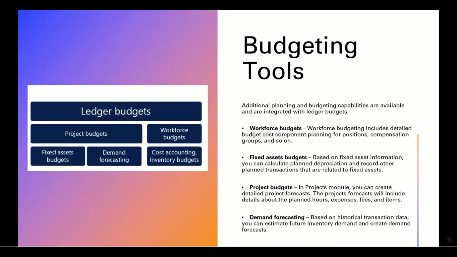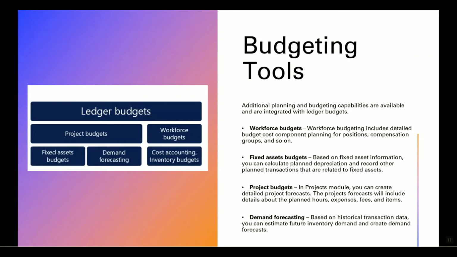Let us now look into the budgeting tools using which an organization can control their funds. Additional planning and budgeting capabilities are available and integrated with ledger budgets. Workforce budget: workforce budget includes detailed budget component planning of positions, compensation groups, and so on. Fixed asset budgets: based on fixed asset information, you can calculate planned depreciation and record other planned transactions that are related to any fixed asset.